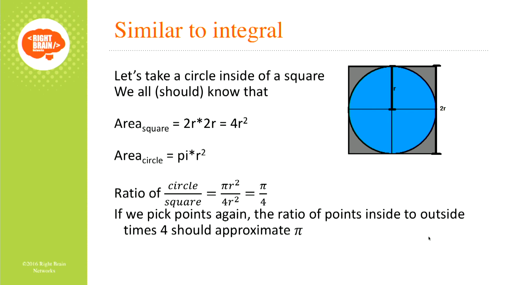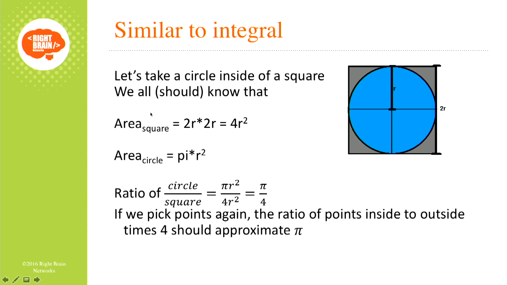So we're going to take a circle. We know that the area of a circle is the radius squared times pi. We're going to take our square. We know the area of a square is the length of one side times itself. From that, we're going to take some number of points. We're going to figure out the number that fall inside. Figuring out what falls inside is very easy with a circle. If the distance from the middle is less than your radius, it's inside. It's the great thing about a circle, same distance in every direction.